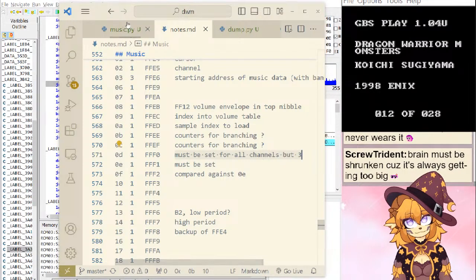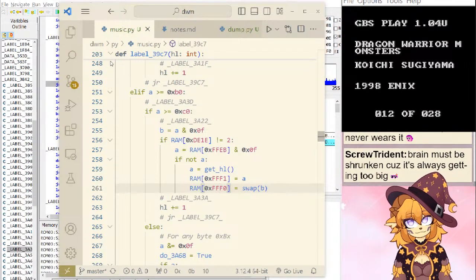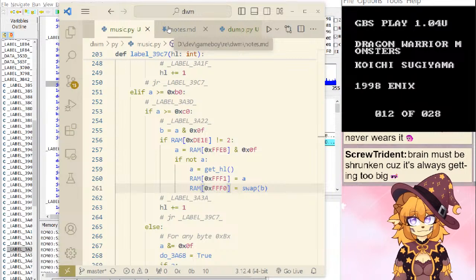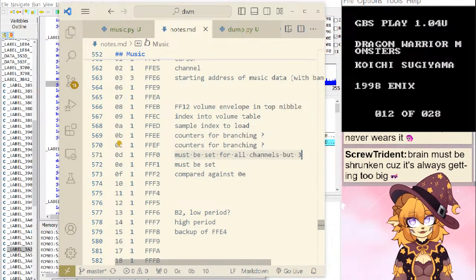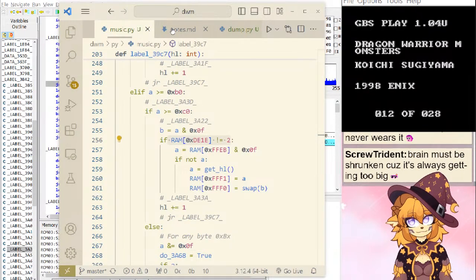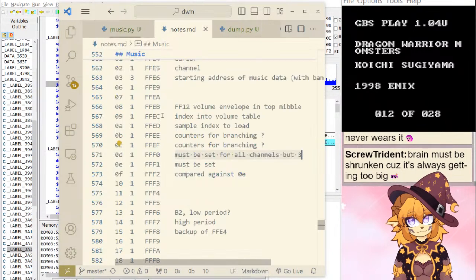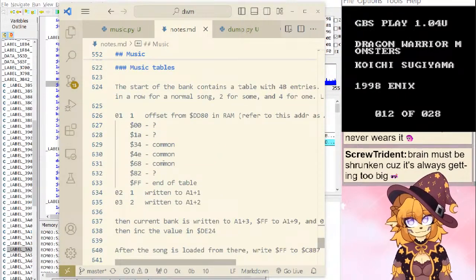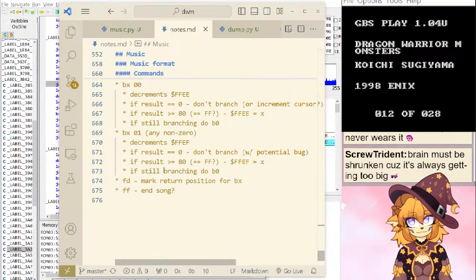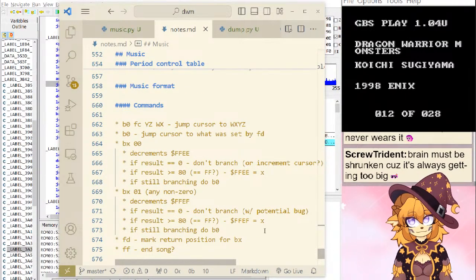It's not for all channels but 3, except it only sets it during 3 here. Oh, no, okay. So not the sample channel, only not the sample channel, my bad. And then FF1 must be set. So we don't really know what those are about. Those are just the notes that I had from reading it. So let's see.